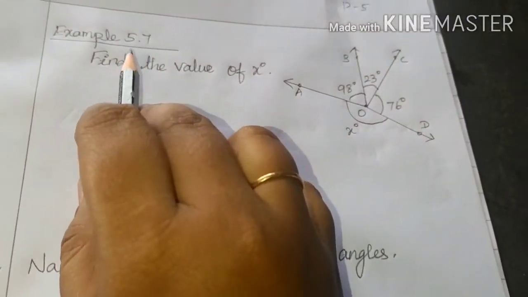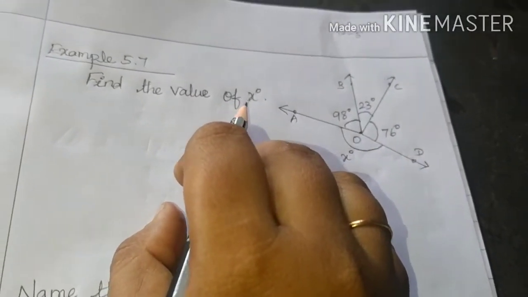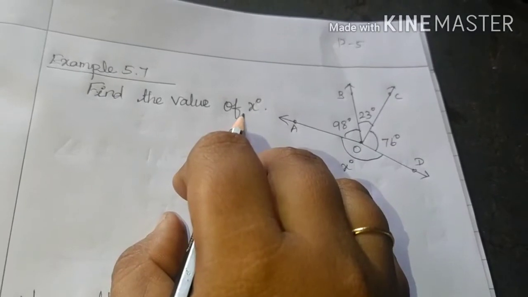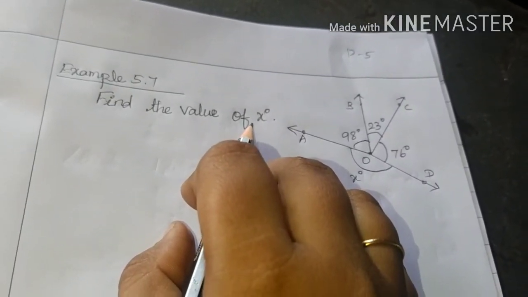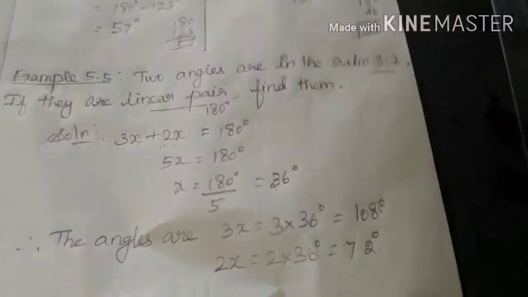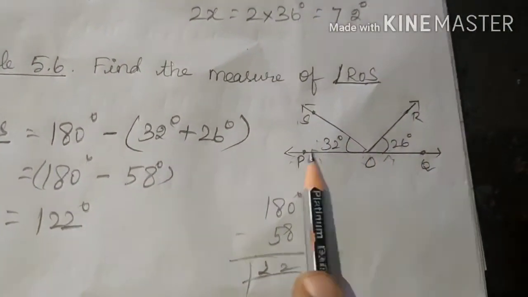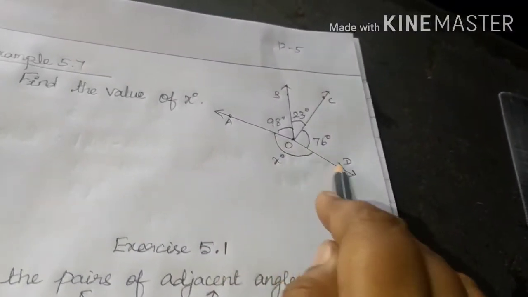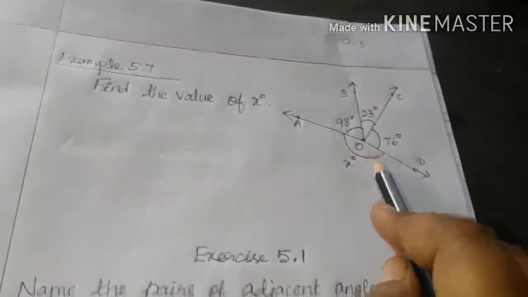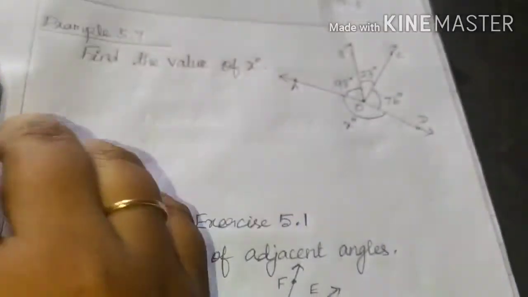Example 5.7. Find the value of x. Here we have to take it as what degree? 360 degree. Because look here, it does not end at the top. In this sum all the angles are completed at the top itself, so the straight line is there, so we have to take it as 180 degree. Now here a reflex angle is there, down below. So reflex angle means we have to consider 360 degree.